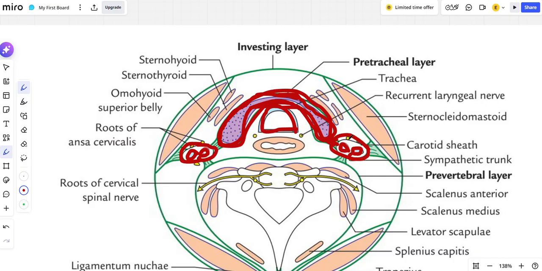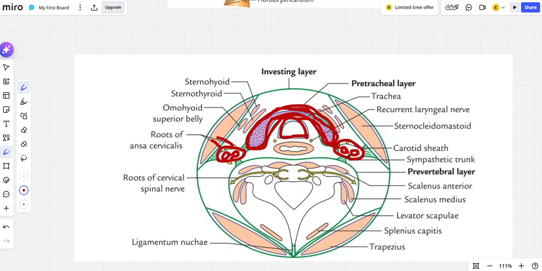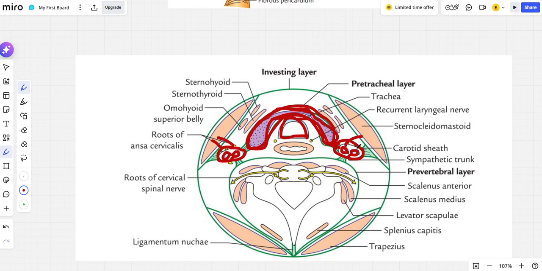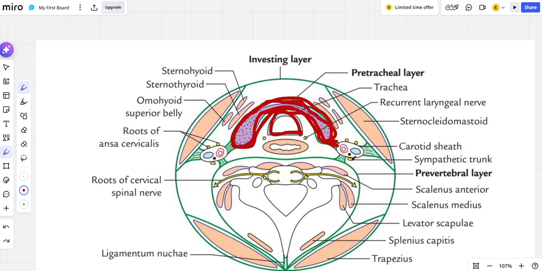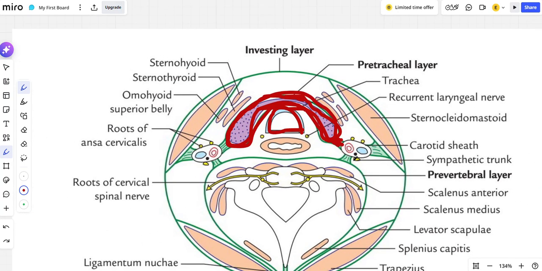The vagus nerve lies inside the carotid sheath, and these roots of ansa cervicalis are basically just on the anterior sides of the carotid sheath, right? And the sympathetic trunk, if I show you properly, if I remove these big ugly red things I've made, can you see the sympathetic trunk over here and the sympathetic trunk over here,